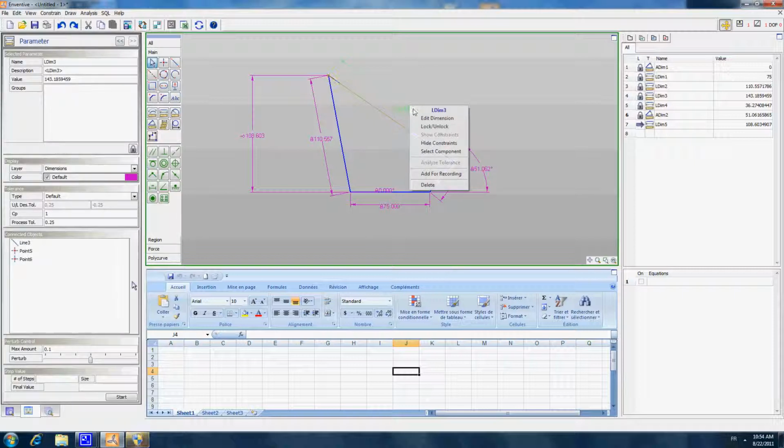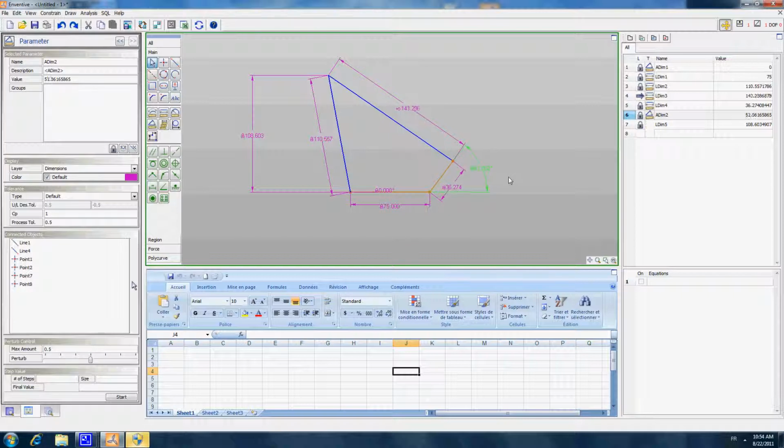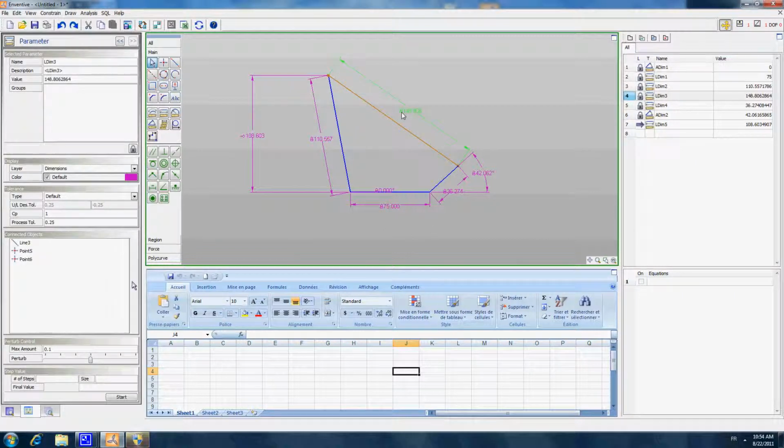So we can, for example, unlock this dimension and then lock this one. So now you can see this one is an input dimension and this one is an output. So when we change the angle, you can see that the new deduced dimension is changing, and this one is now behaving as an input. So it allows, when we do the functional drawing of the different components, to quickly switch from one dimensioning scenario to another.